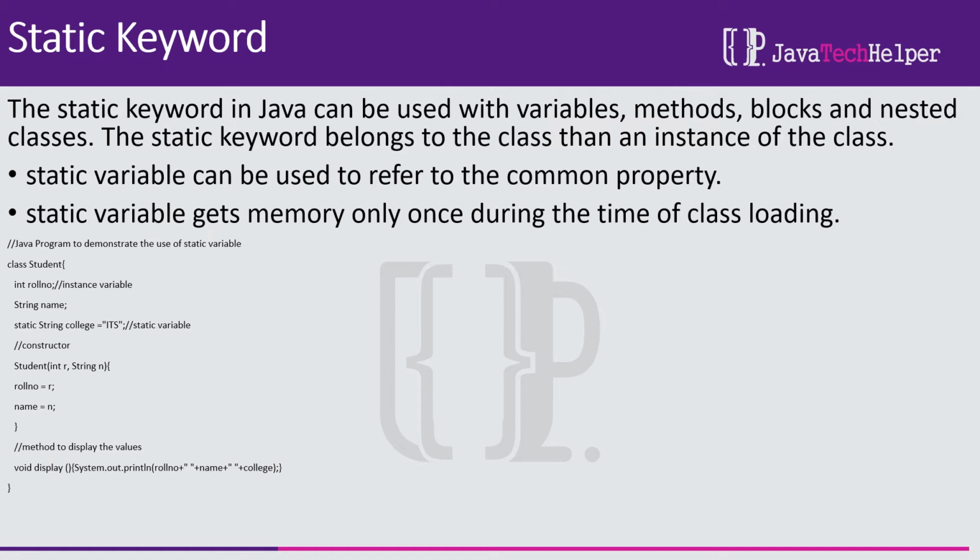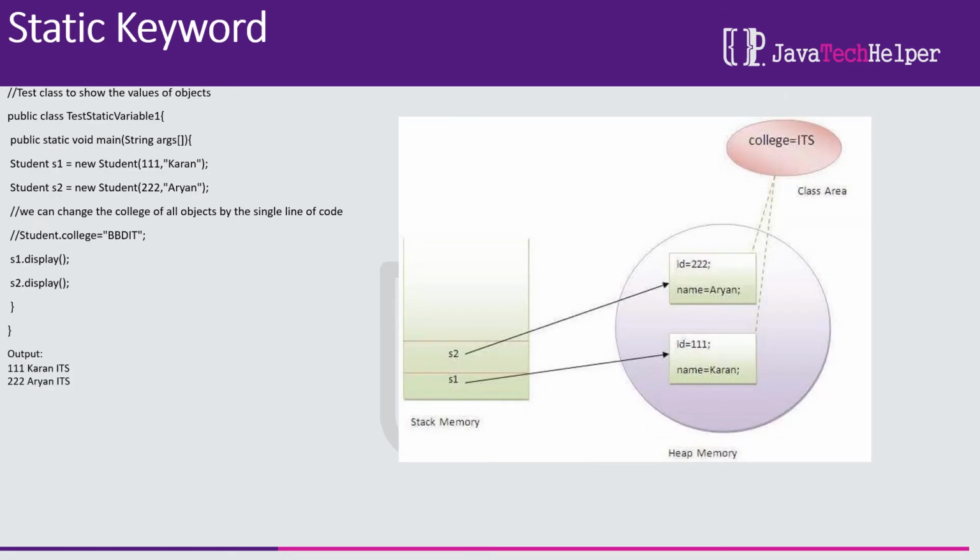We have a display method for roll number, name and college. Next, we create objects of this class and just pass the roll number and name to the students, because we already have static as the college. If we don't keep that, we need to pass that also. It would create so many copies in memory, but we save that by using the static keyword. So it's a very useful concept. You need to understand how it happens.